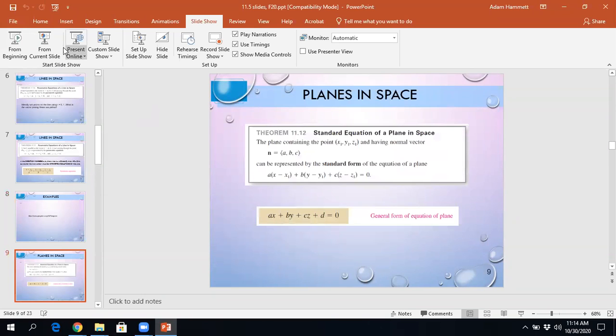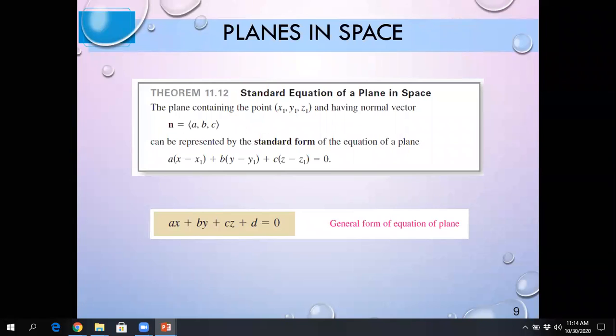and we'll talk about planes for a minute here. So a plane containing a point x1, y1, z1, and having a normal vector, that's a new word. Normal vector, you should think of this as a perpendicular vector. Yet another word for perpendicular. This is a perpendicular vector to the plane, n equal to ABC. We use the same letters that we did for the direction vector and lines, but this is a perpendicular vector